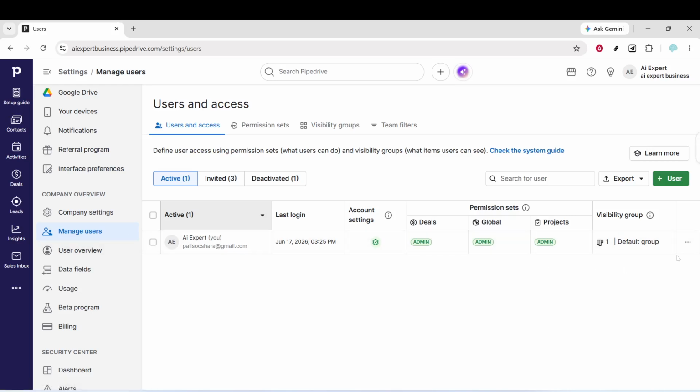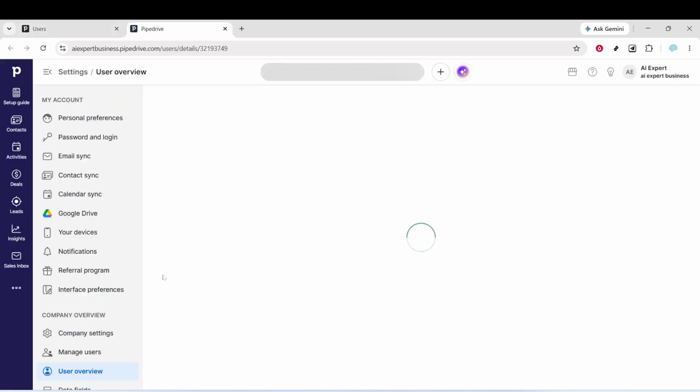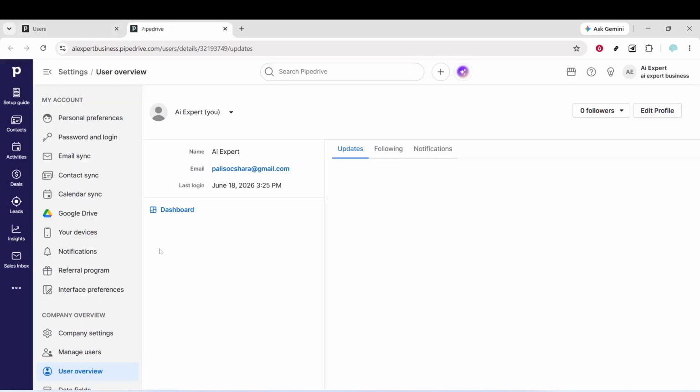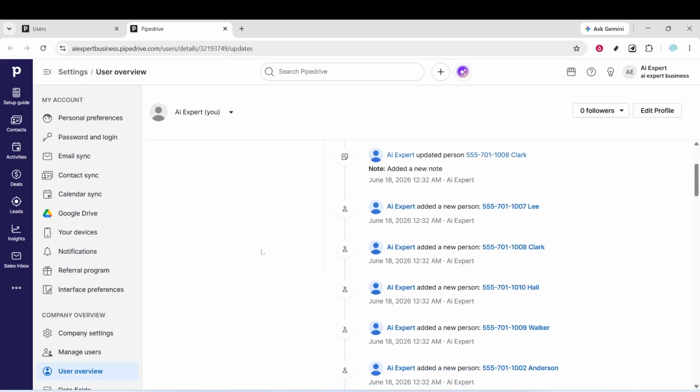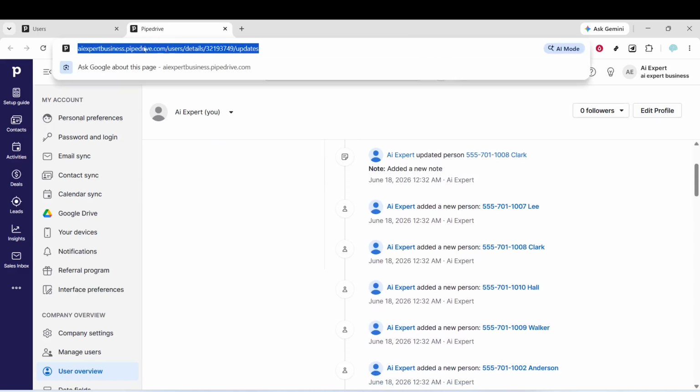Once you click that, Pipedrive will load a dedicated page just for your user details. Give it that 1 second to load up. And here is the really important part. Look up at the browser address bar. The URL you see now is the key. You are looking for a web address that contains users/details. So it will look something like